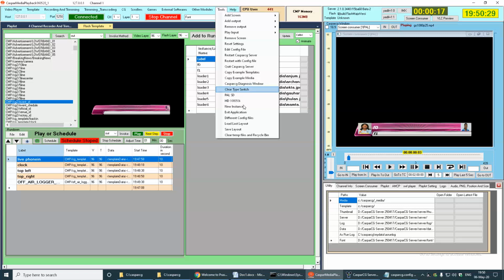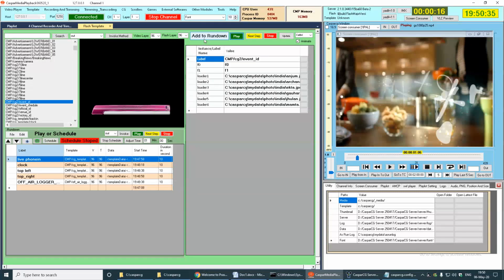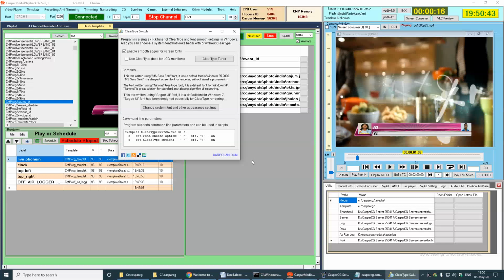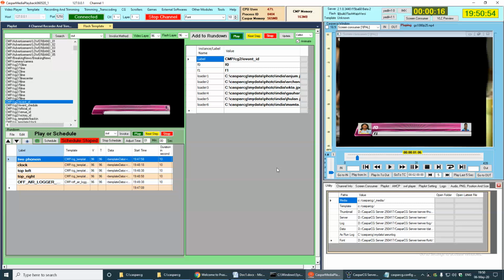Next is clear type switch. Suppose some file is running and I am playing some template over there. It is clear, but I will show you that clear type switch plays a good role here. Suppose I click this checkbox here and again stop and play the template, you will get a black window behind the template.